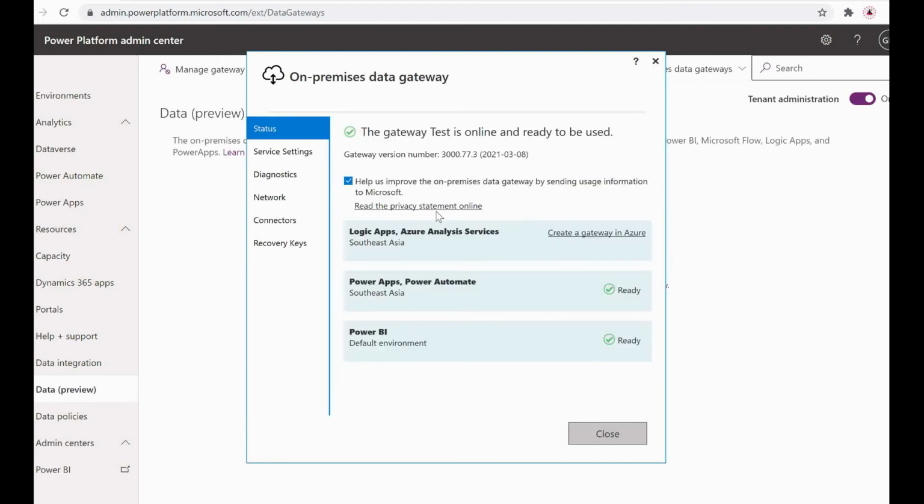It is asking for these details to register. Now you can see it is registered. The gateway test is online and ready to be used. This is ready, this is ready.